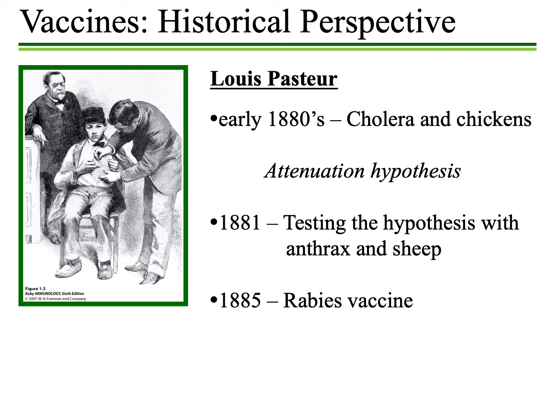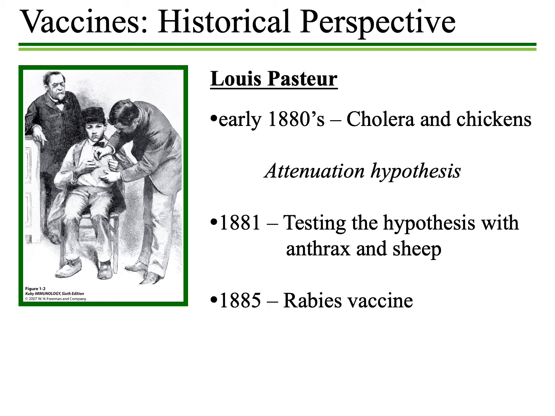What he did then was take what is referred to as an old culture, so a culture of the bacteria that had been sitting around for quite a while, and infected chickens with that. What he found was that the chickens would get sick, but they would stay alive and not die in comparison to what we would consider a fresh culture of the bacterium. He then took the chickens that remained alive after this treatment, and he treated them with a fresh culture of the bacterium that caused cholera.